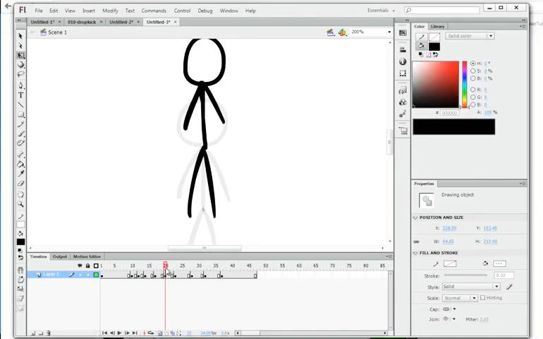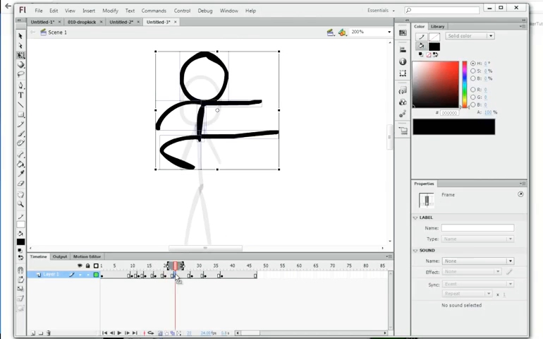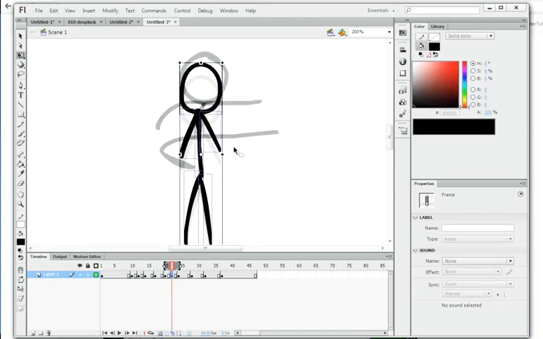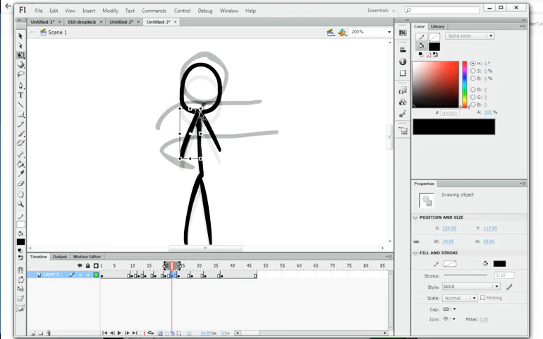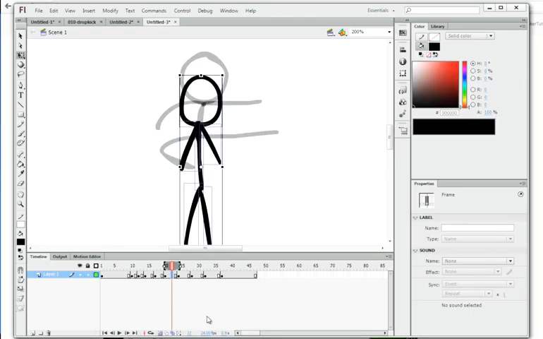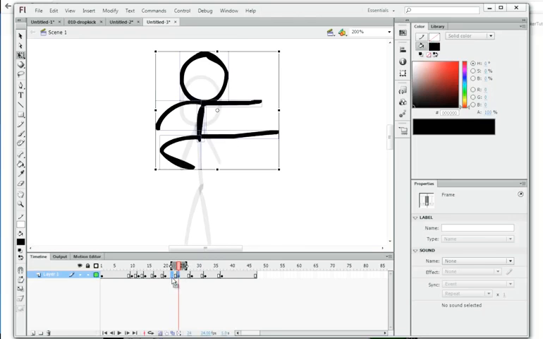So in between this one and this one might be hard, but we'll try. I'll move this here, press F6, move it up, and then move this like... Actually, you know what? I don't think I need this one. I'm going to Shift F6 to clear the keyframe, and then I'm going to take this one, move it back, and then do this. That way, it'll be easier for me to ease into this pose by just altering this